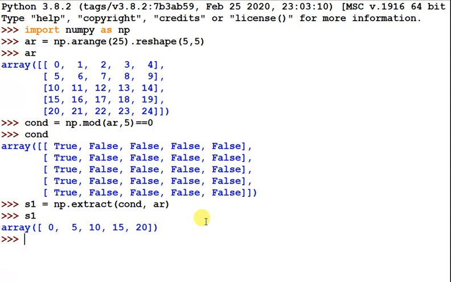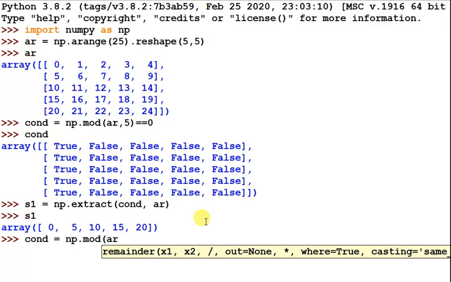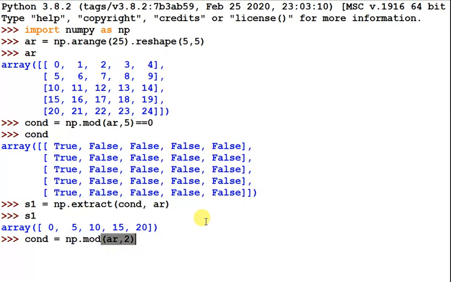Suppose I want to extract all the odd values. So you can form the condition np.mod of array comma 2, not equal to 0.